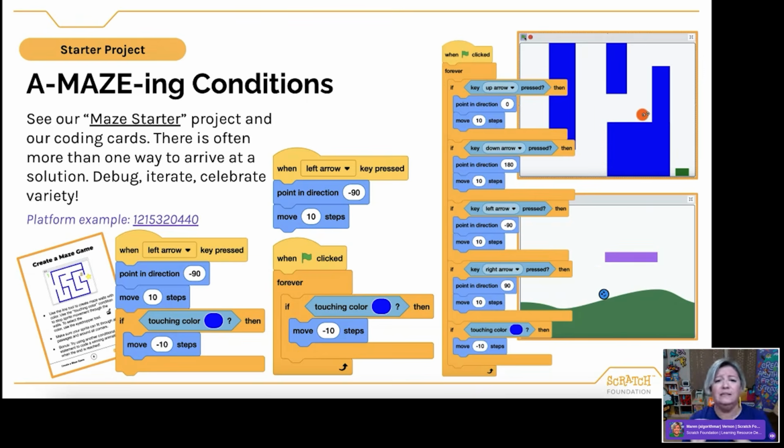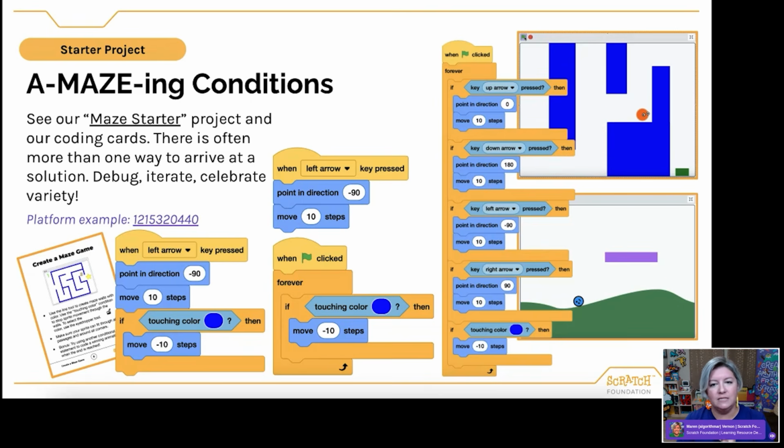The other reason I really love to show this maze project as an example is that there is often more than one way to arrive at a solution. So you'll see on the screen in this example, there are three similar but different approaches for stopping the sprite from walking through the wall.